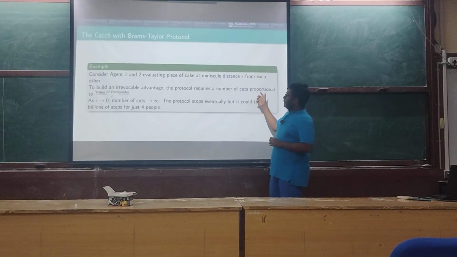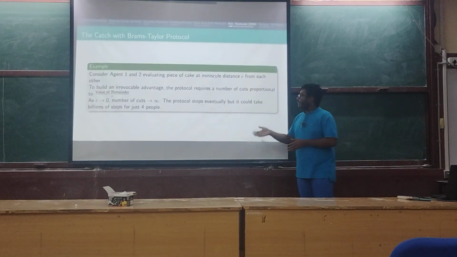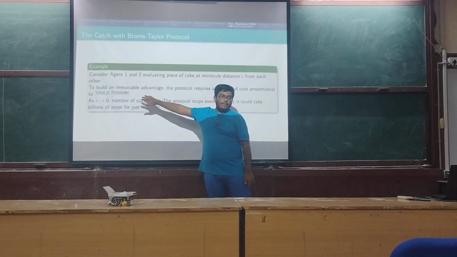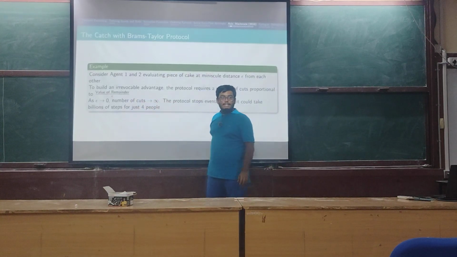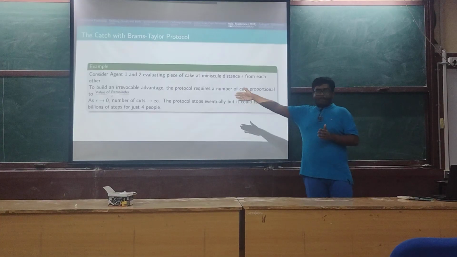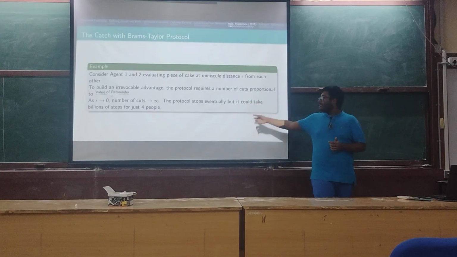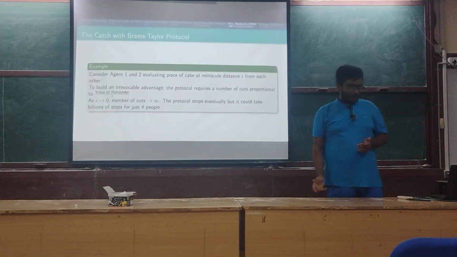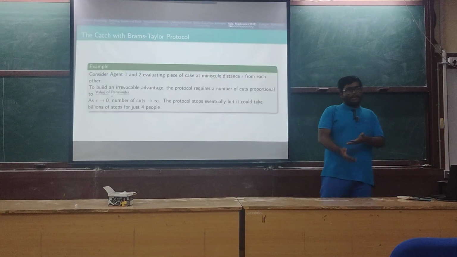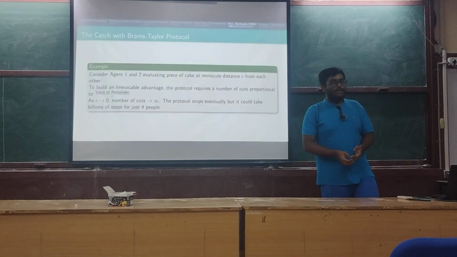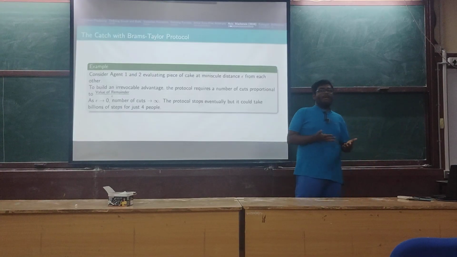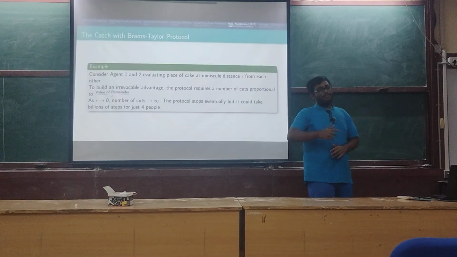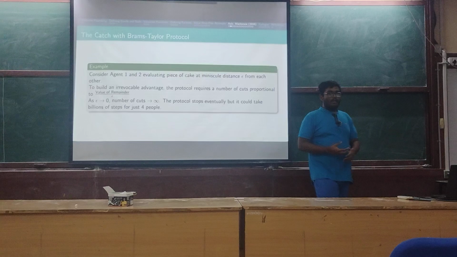Now it takes a lot of steps. It's a bit complicated, and the number of cuts is essentially the value of the remainder on the table divided by epsilon. So as epsilon keeps decreasing, the number of cuts goes to infinity. While the protocol stops, it's unbounded. It can take a billion steps for 4 people, depending on the epsilon you choose for the valuation differences. For example, the same piece I evaluate to be 0.5, and the other person evaluates to be 0.5000001. That epsilon of 0.0000001 is going to be the problem there,